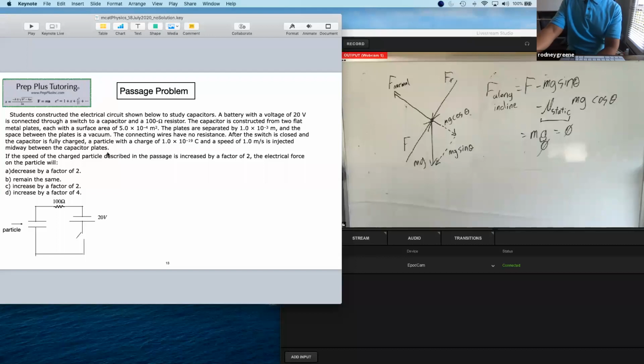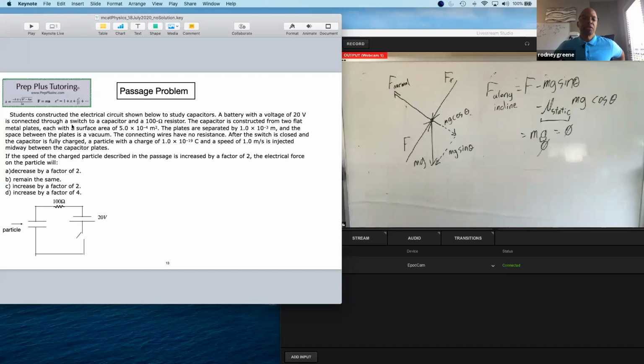So this is the narrative for this passage problem. And this same narrative will be applied for, say, 4, 5, or 6 questions after this narrative. So you'll have the same narrative and then about 4, 5, 6, or 7 individual multiple choice questions for this one passage. I would say that most of the problems on the MCAT, whether they're passage problems or freestanding problems, are concept problems.